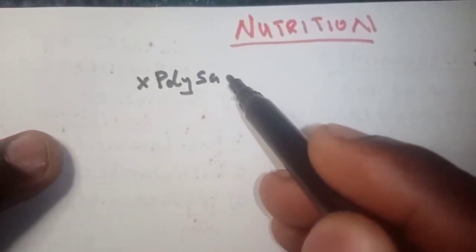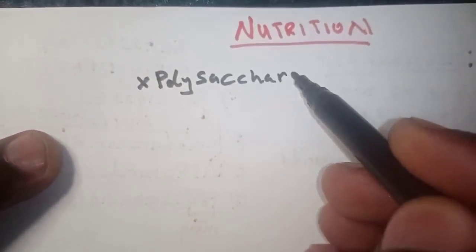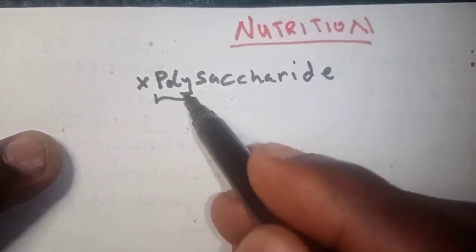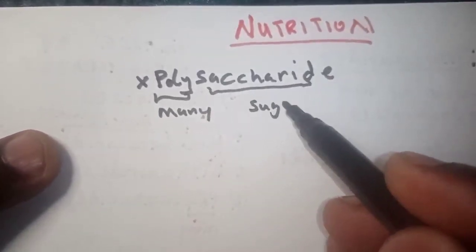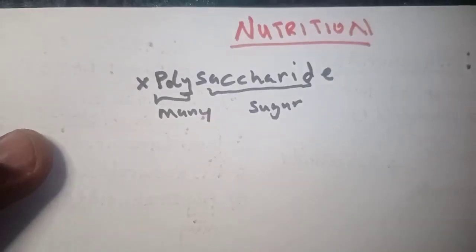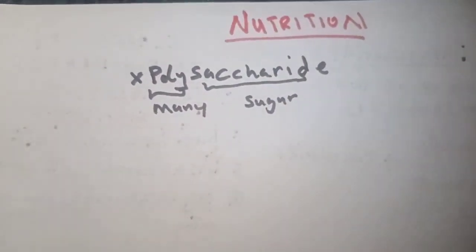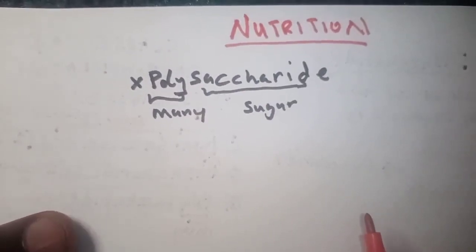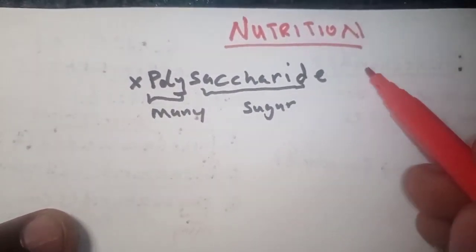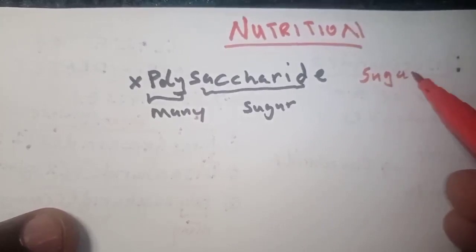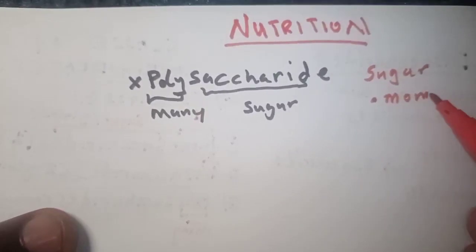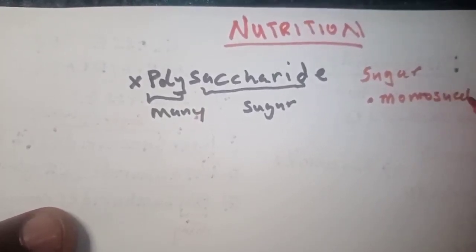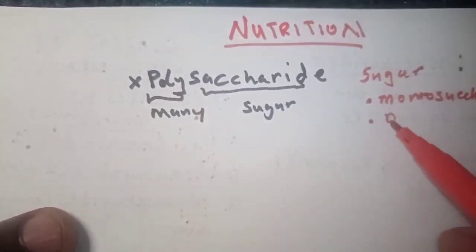So polysaccharides, from the name itself, we said poly means many, saccharide simply means sugar, okay? And when we talk about sugar, what do we mean when we talk about sugar in biology, okay? So when we say a sugar in biology, we're simply talking about two things, okay? We're talking about monosaccharides and disaccharides,